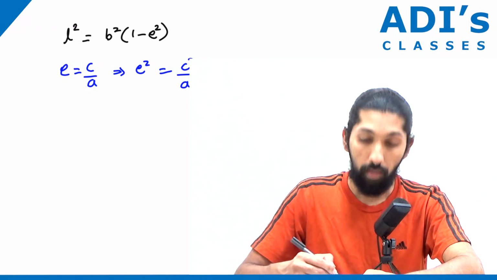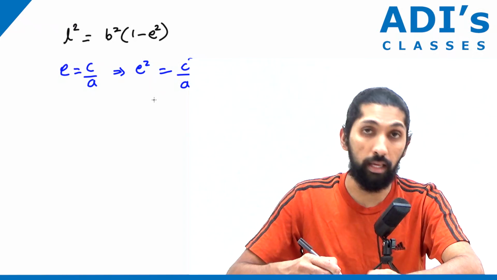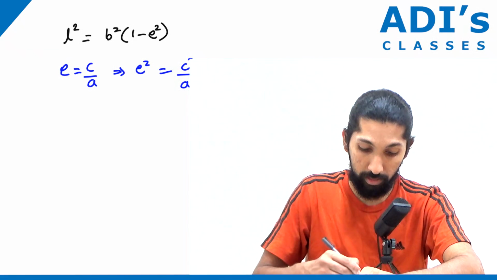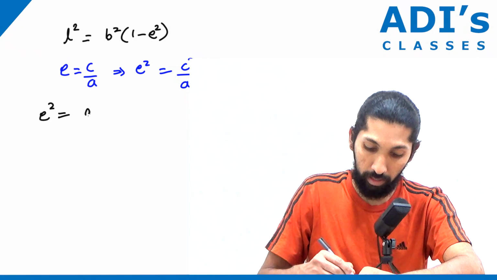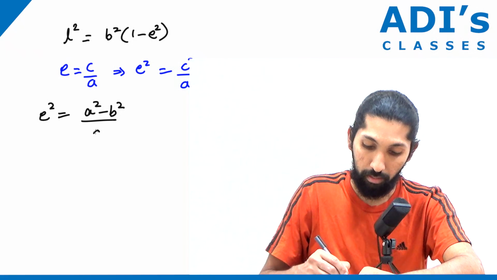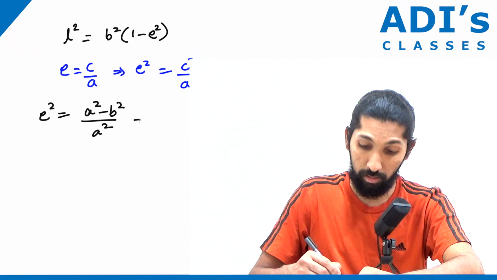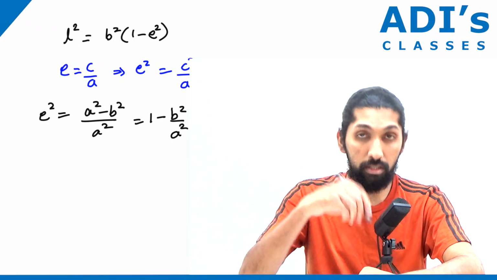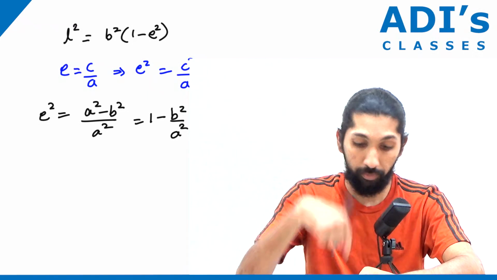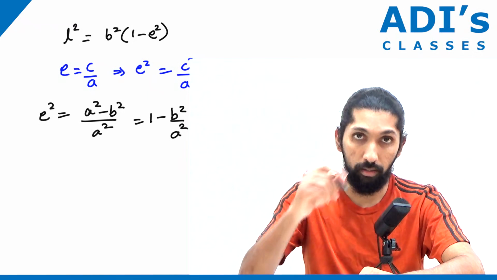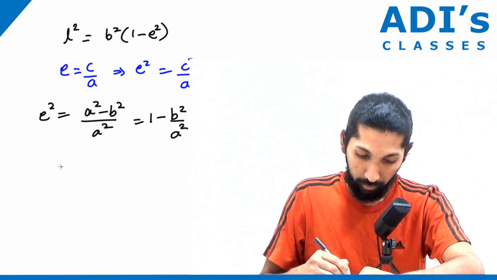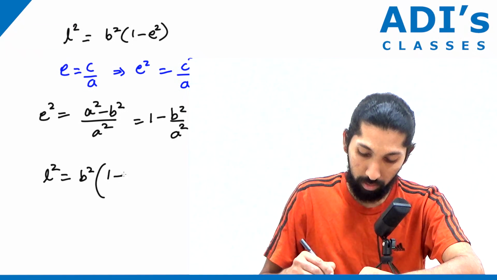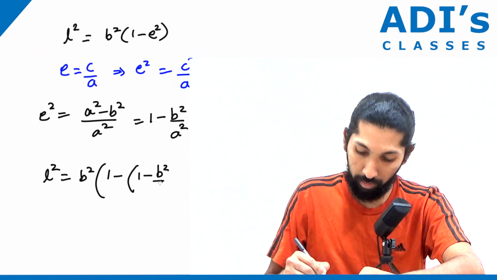But what is c? c square is equal to a square minus b square, if you remember from the derivation of the ellipse. That means e square is equal to a square minus b square by a square, which gives us 1 minus b square by a square. If e square is 1 minus b square by a square, we can substitute that here, correct? So we'll get L square is equal to b square into 1 minus of 1 minus b square by a square,